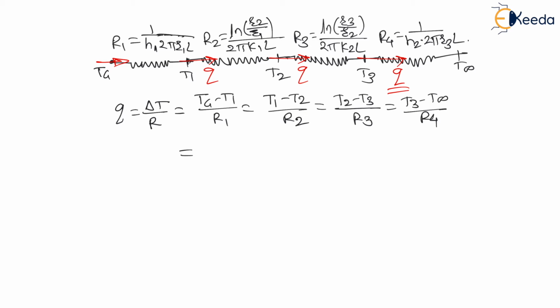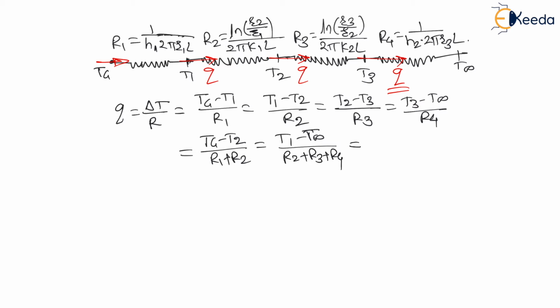And similarly my dear students, if I write the temperature difference Tg minus T2, now between Tg, that is the hot gas temperature, and T2, that is the interface cylinder temperature, the resistance is R1 plus R2, therefore here R1 plus R2 will come. And similarly if I write T1 minus T infinity, you can consider any temperature difference, but between this temperature difference all the resistance we have to count. Between T1 and T infinity the resistance is R2 plus R3 plus R4.